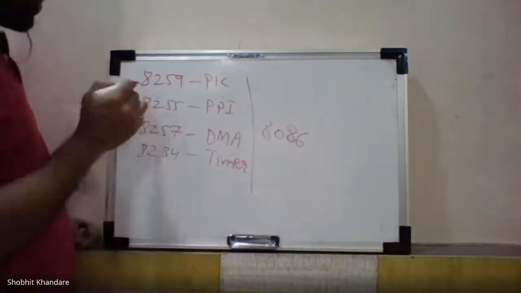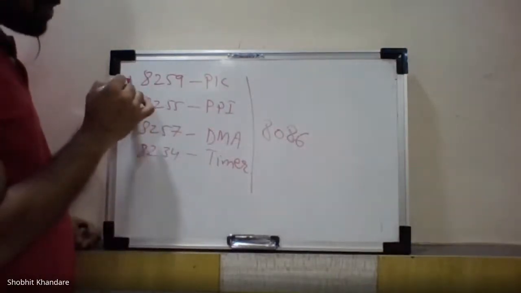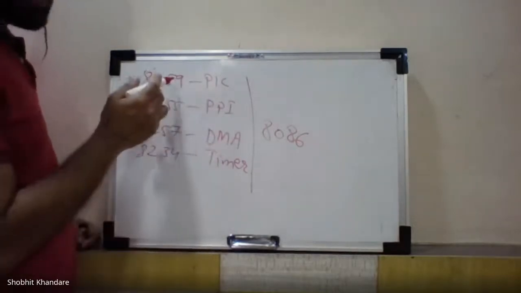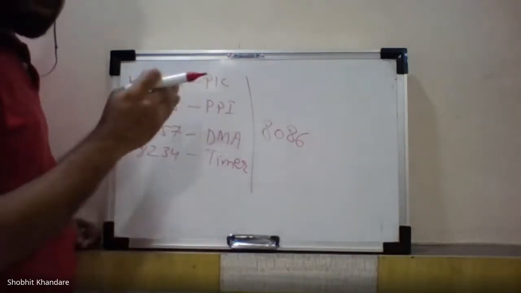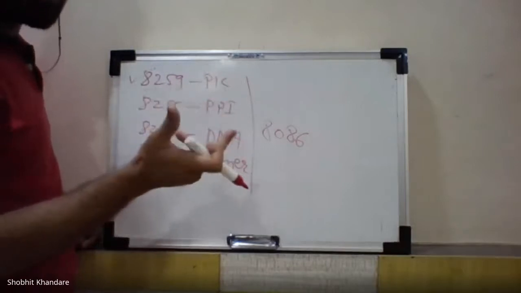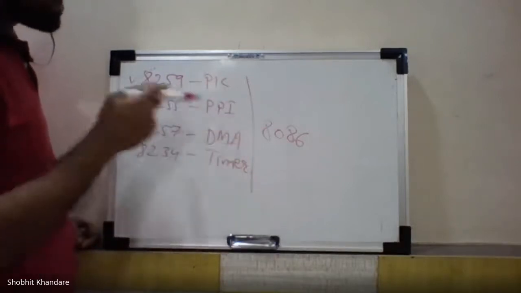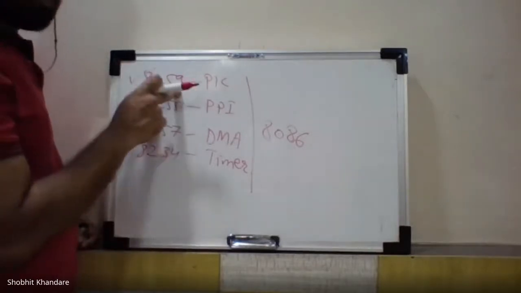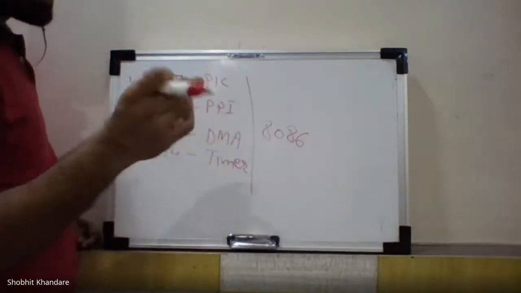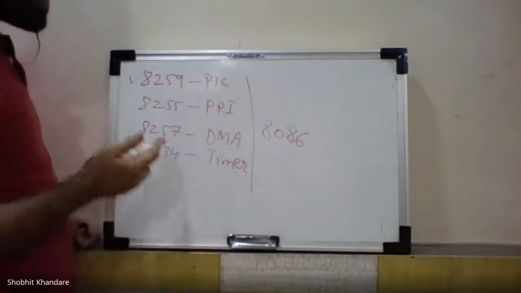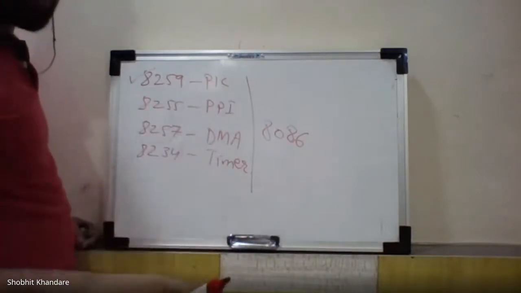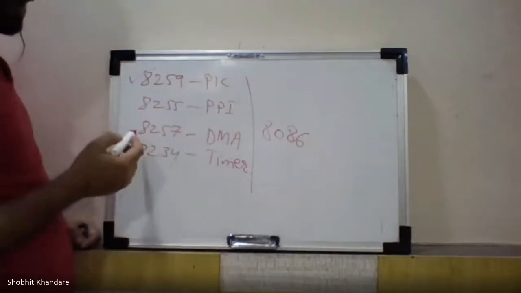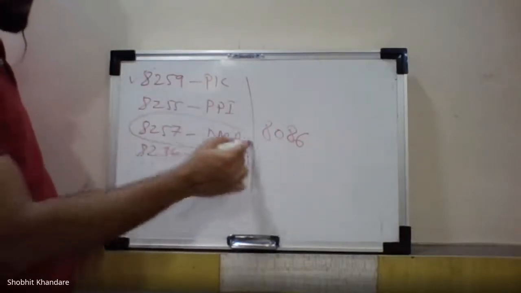So today I will be completing my 8259, that is a programmable interrupt controller. ये मैंने पहले इसलिए लिया था because I was taking the topic of interrupts. So I thought it is good to take this IC 8259. Today I will be completing this with a small topic. Then today I won't be starting with the new IC. I will stop for today. Then after the exam, we will start with the fresh IC. We'll be starting with DMA, that is 8257.